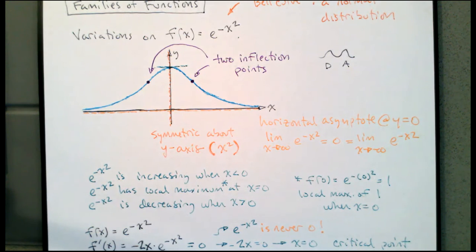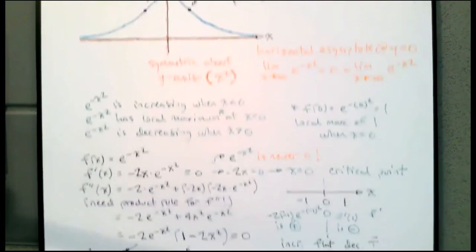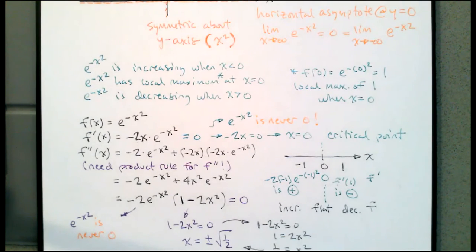The horizontal asymptotes. As x goes to infinity, e to the minus x squared will go to 0, because we're just taking e and raising it to larger and larger negative exponents. So it's like 1 over e to the x, and since e to the x is going to infinity, 1 over e to the x is going to head off towards 0. So it makes sense that we get those horizontal asymptotes. We see that there's only one critical point on the graph, only one local maximum, and the calculations tell us that as well. We only found one critical point, and it was a local maximum.